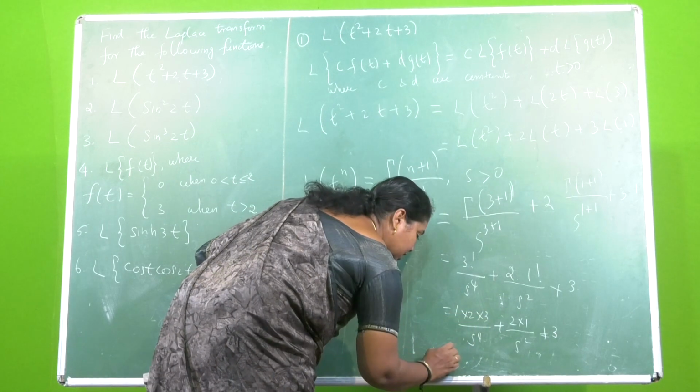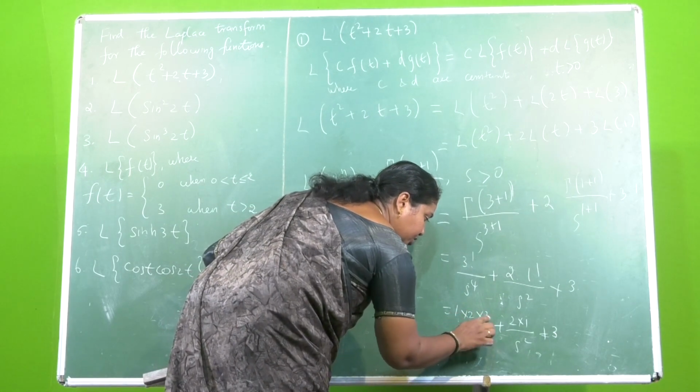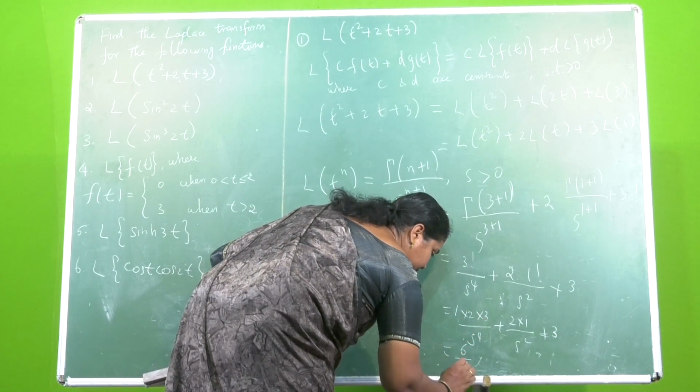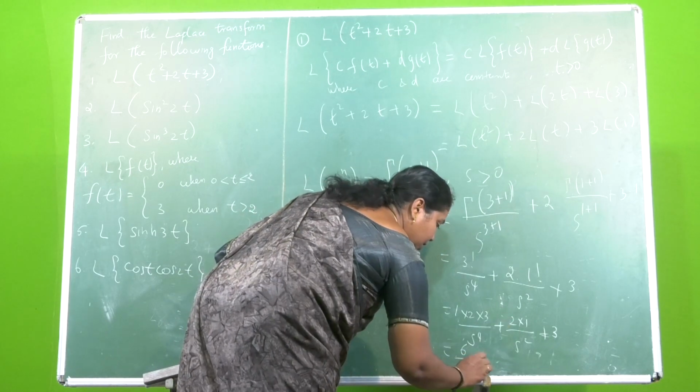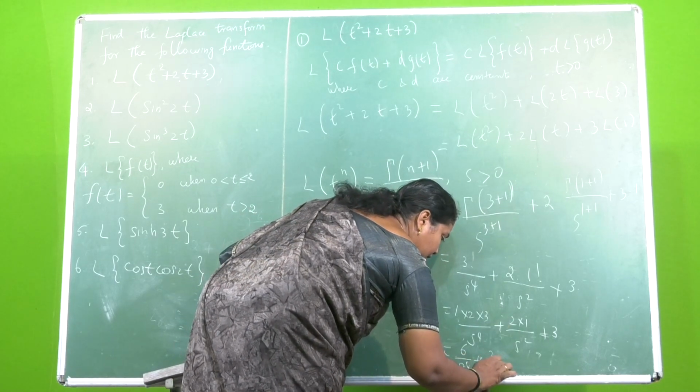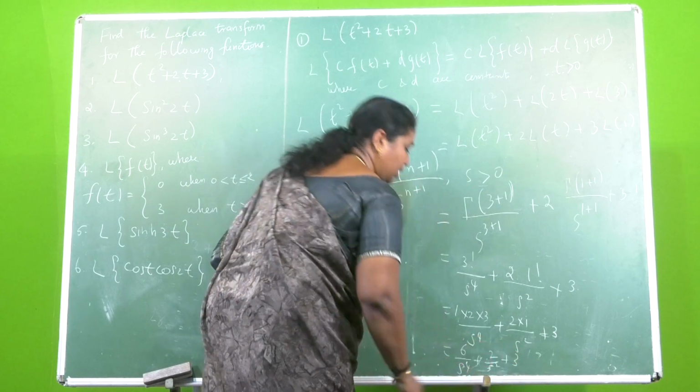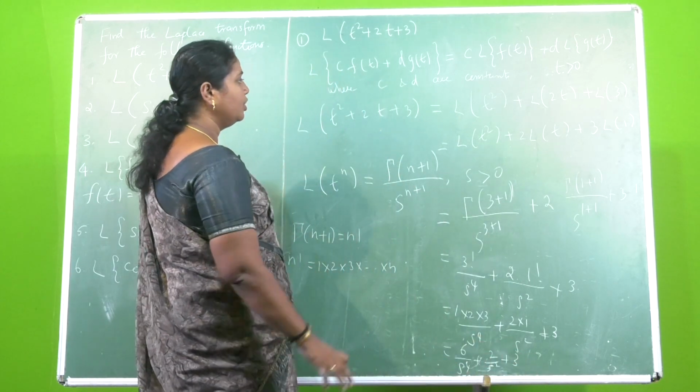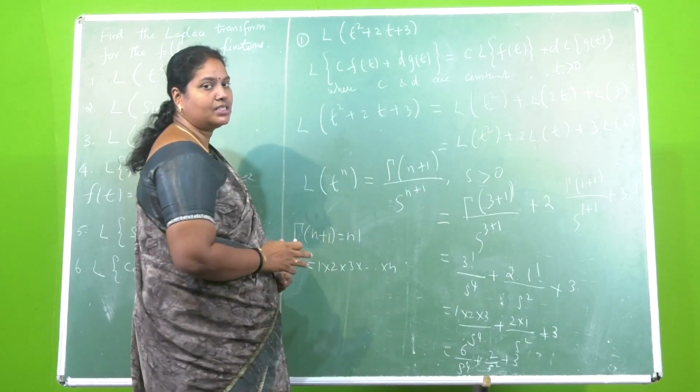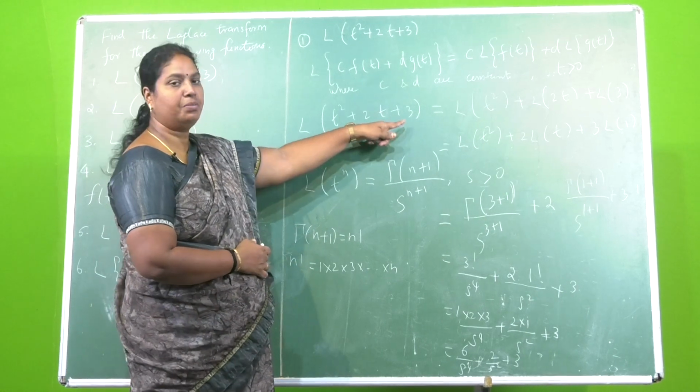So now this is nothing but 1 into 2, 3s are 6, by s power 4 plus 2 by s square plus 3. Okay. So now to calculate this Laplace transform of t square plus 2t plus 3,